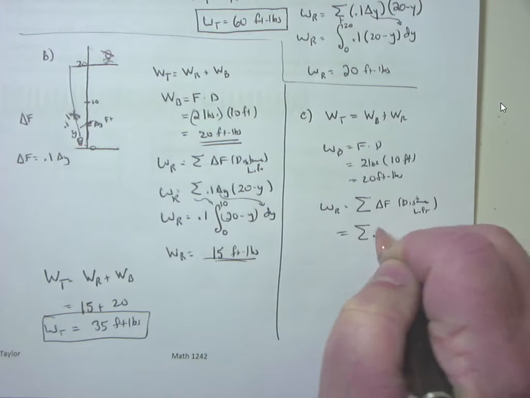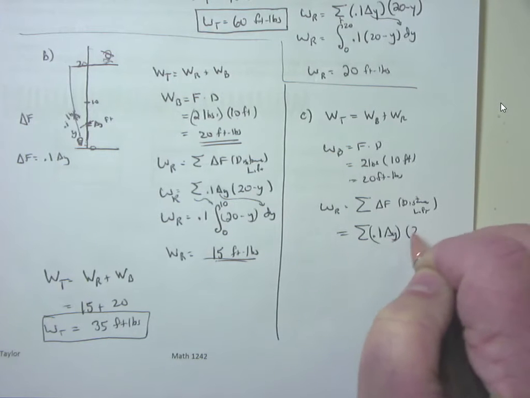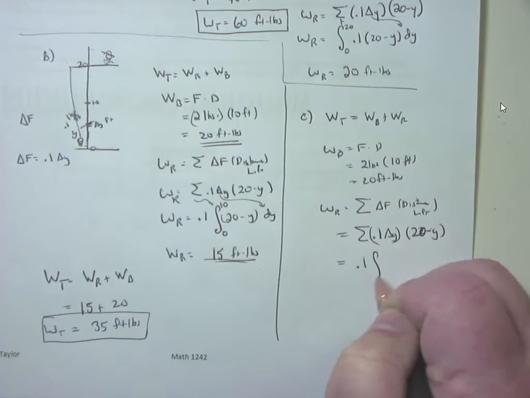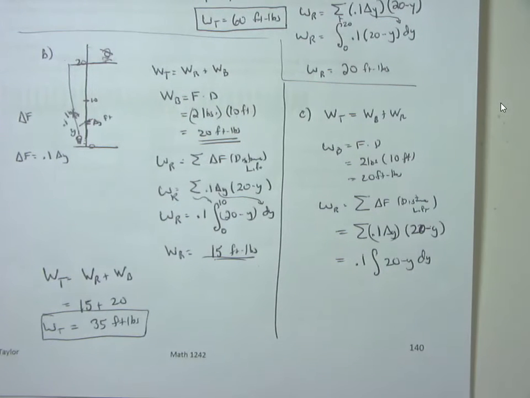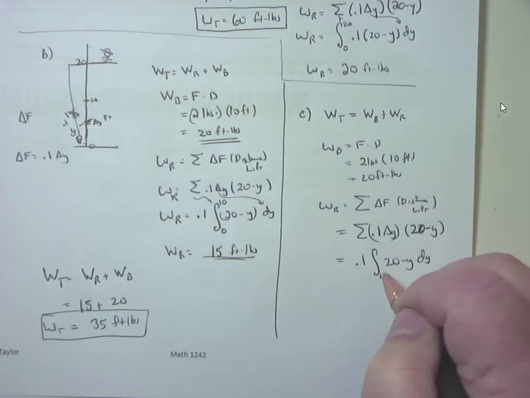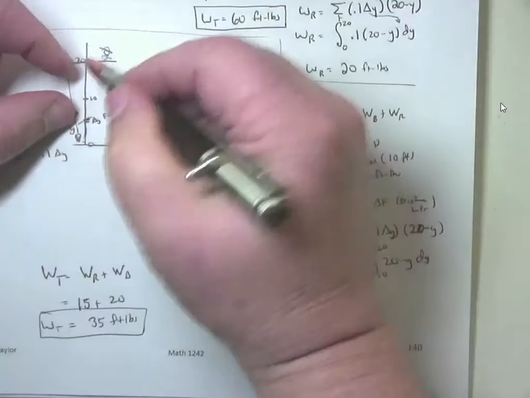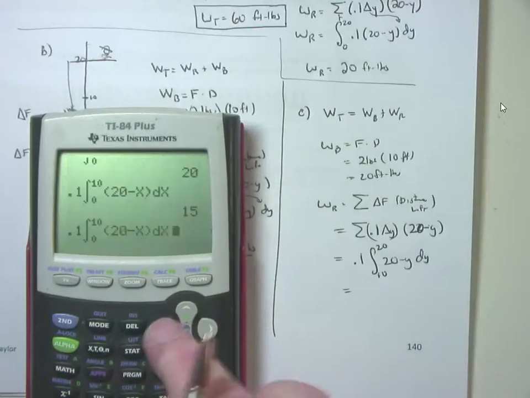That'll be the sum of the same, 0.1 delta y, same delta force. The distance we're going to lift is the same, 20 minus y. And then converting it over, this will be 0.1 times the integral of 20 minus y dy. But my bounds are different. What are my bounds now? 10 to 20. I'm going to lift it the rest of the way from 10 to 20. And when I put that on my calculator, you're going to see the difference. Integrating it from 10 to 20 changes it significantly and makes it 5